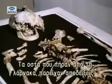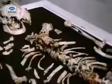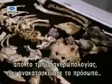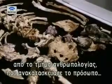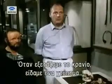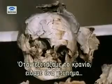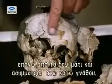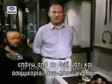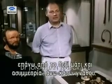But it was the bones taken from the Larnax that provided the most graphic proof for the final identification. And this was made possible through the efforts of a British team of physical anthropologists who analysed and reconstructed the face of the dead king. When we were examining the skull, the face and the jaws, we observed, first of all, a notch out of the upper border of the right eye socket, and we also observed asymmetries between the upper and lower jaws on right and left sides,